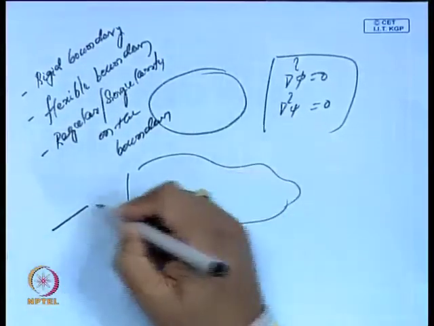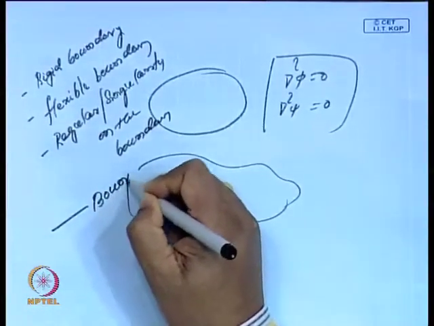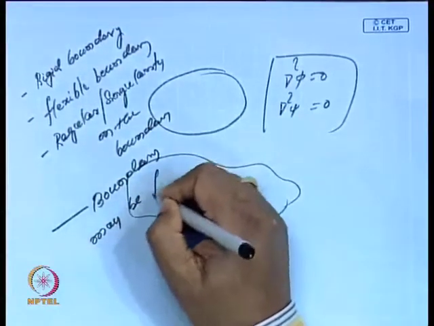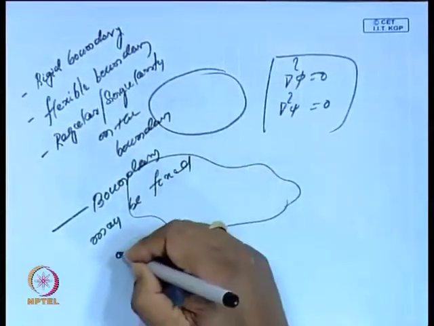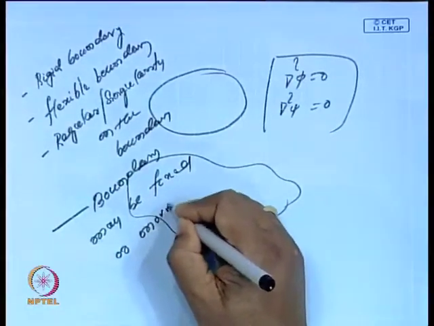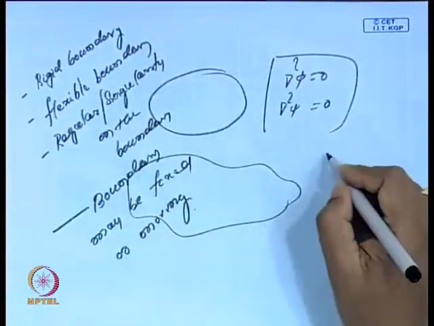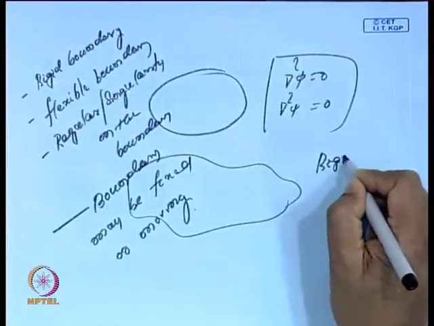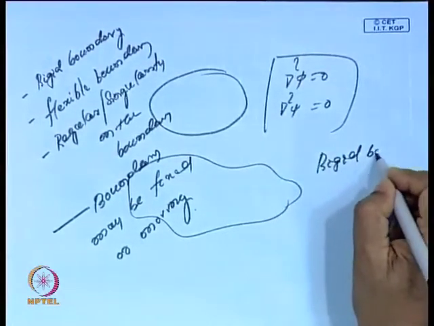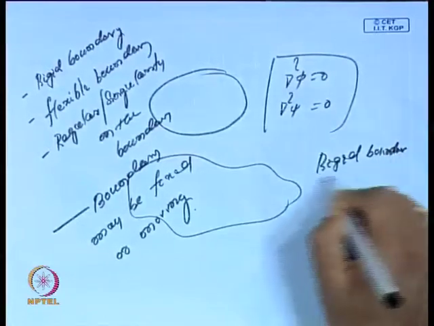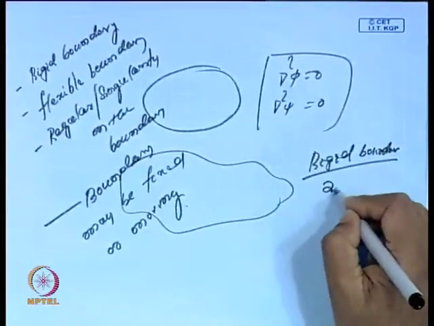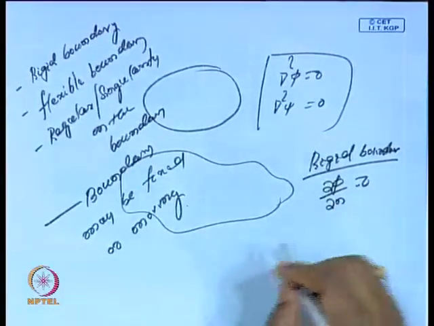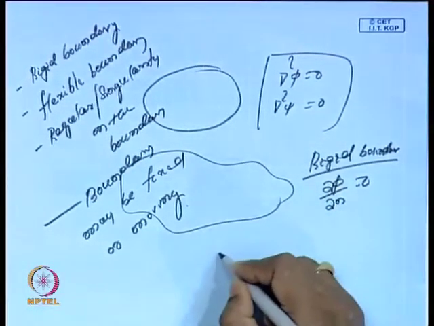Then another aspect is that the boundary may be moving or fixed. For potential flow, we have also seen that if the boundary surface is rigid and the flow is of potential type, then we have del phi by del n is 0. On the other hand, if a boundary is moving, then we have seen